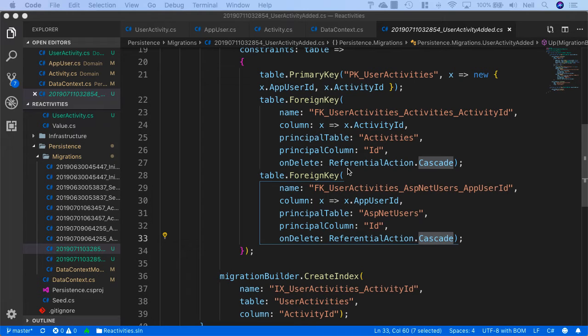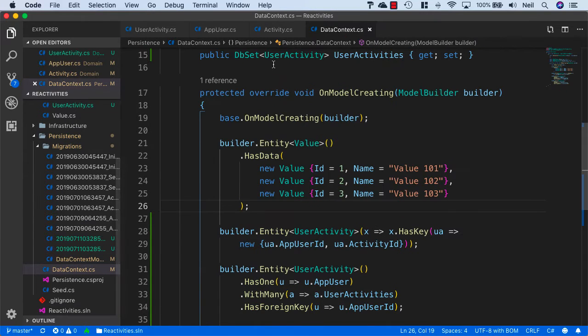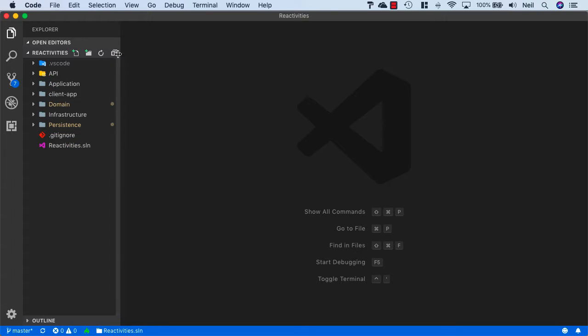So what we can do now that we have this new relationship set up, is we can create attendees inside our activities, and our activities can have multiple attendees. But what we'll do first of all is we'll just make sure that when we create an activity, and I'll just clean things up in here, that we add the user that's actually creating this activity as the host of